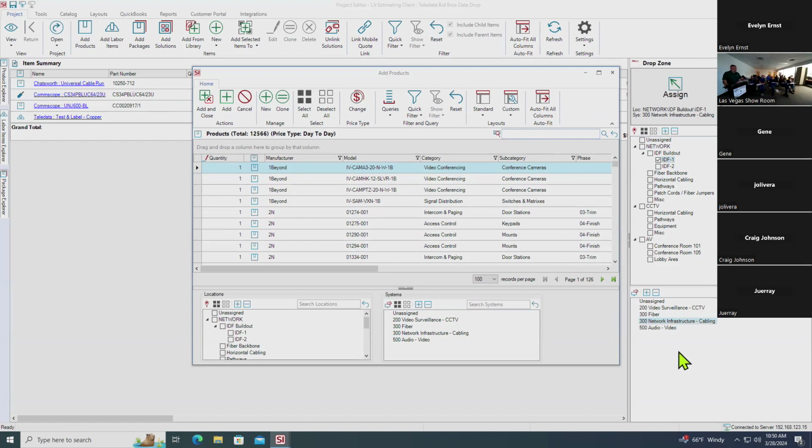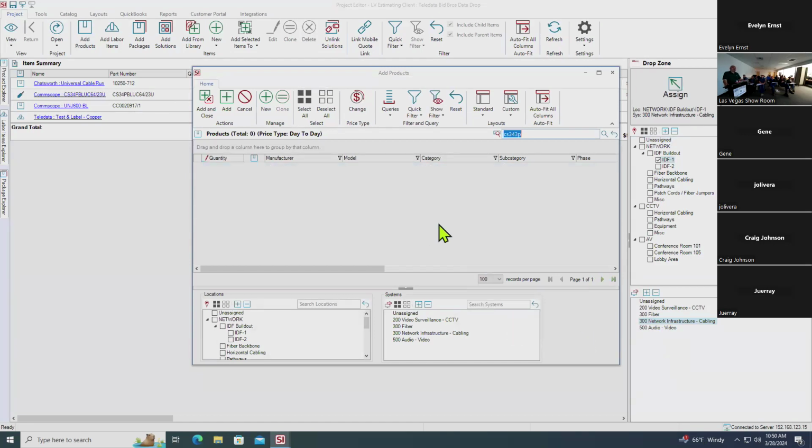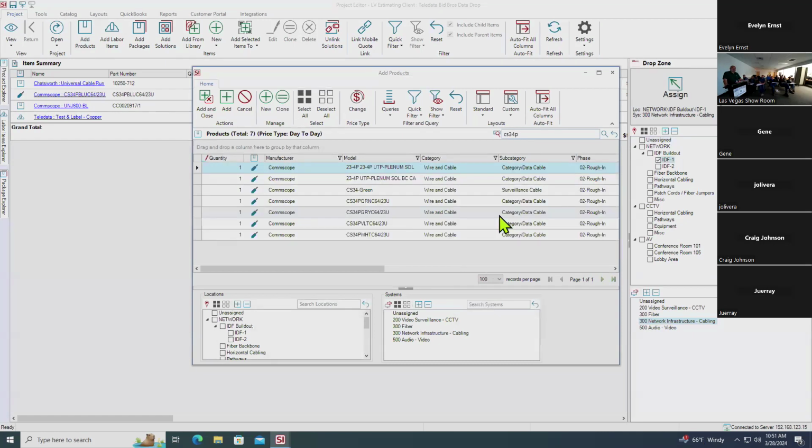Search, say for instance, what's the quickest way? CS 34P. Oh, typo, fat fingered it. You see this keyboard? It's pink. Sorry. Here's everything associated with Uniprise CS 34P. Then you can basically just click on whatever you need and drag it over to